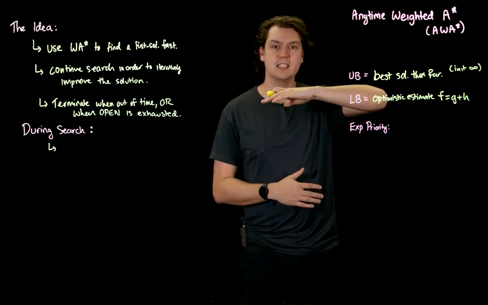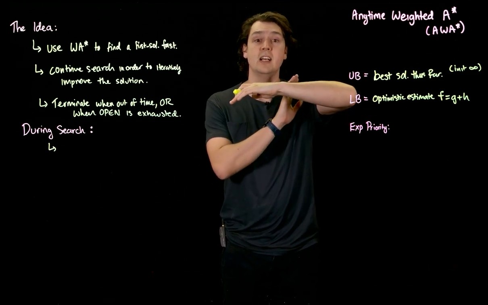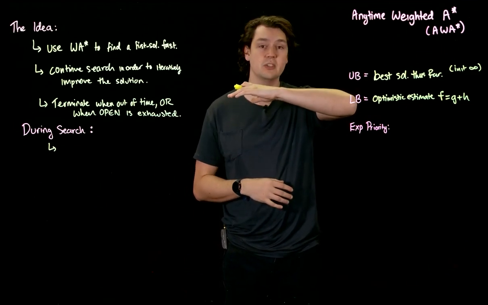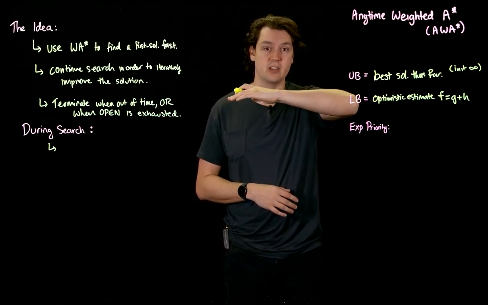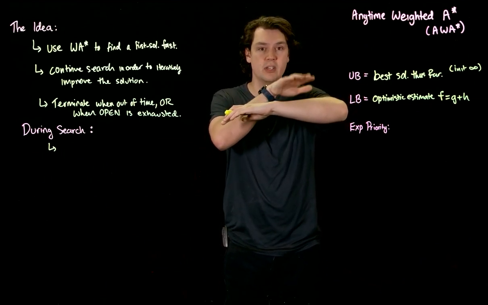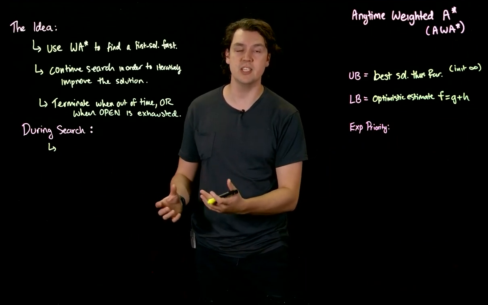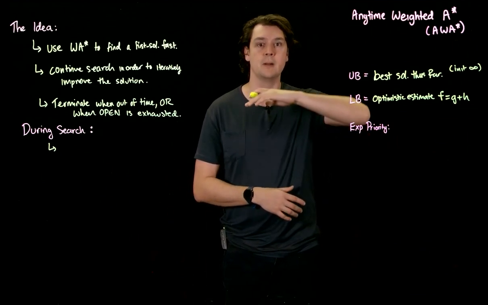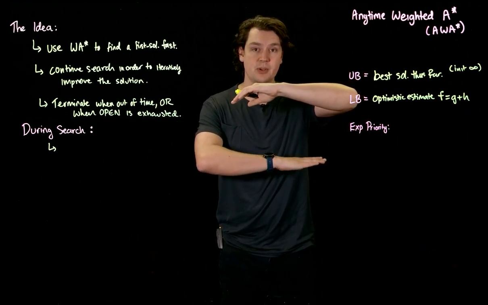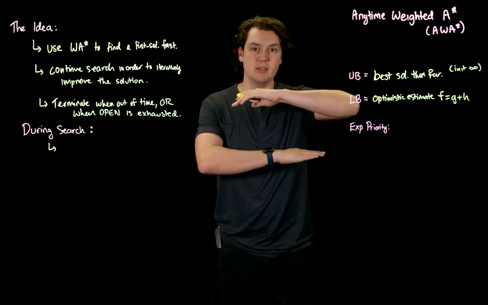Okay, so we're starting to see that we now have this idea of an upper bound. This is the cost of the best solution we've found thus far. Anything above it, we don't care about. It's not promising, we can throw it away. We can prune these nodes entirely from the search space. That's exciting. But then we also have this idea of a lower bound, and as I've been discussing, this